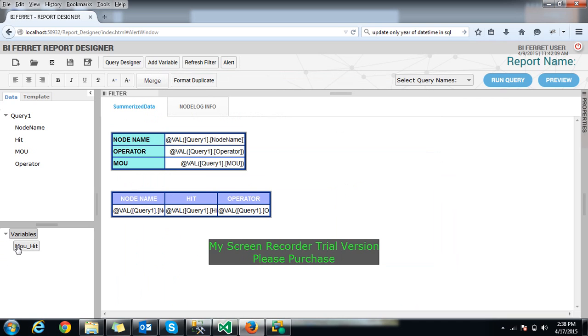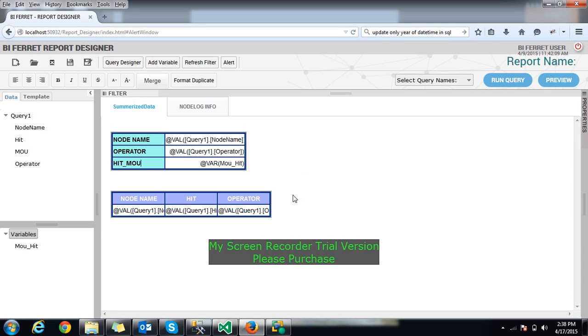If I want to add this variable in some table, then I just have to drag it like data and set it here. So this is the combination of hit. So this is how we can set a variable,